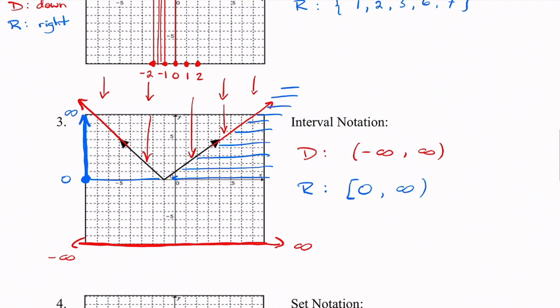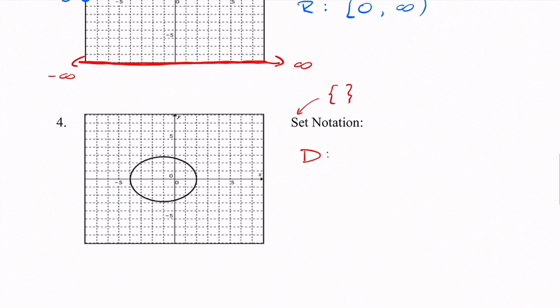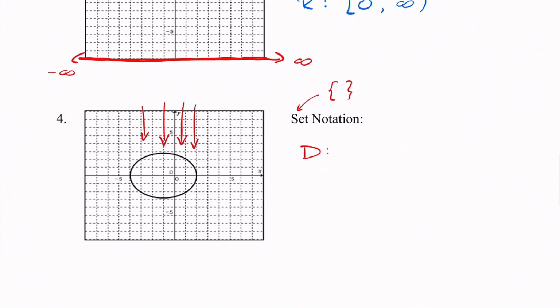Okay, our next one here, we've got kind of an oval looking shape, and here we're doing our set notation. Remember, set notation, this was the curly bracket one. So let's do our domain here first. So again, flashlight shining down. So I shine my light, it's all coming down, and all of this light is going to get hit and